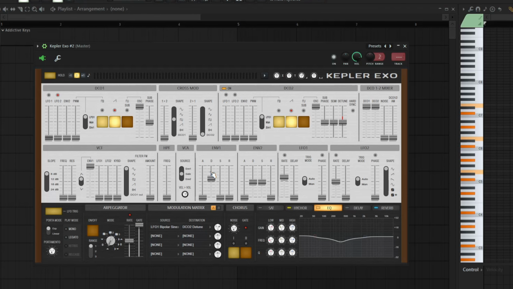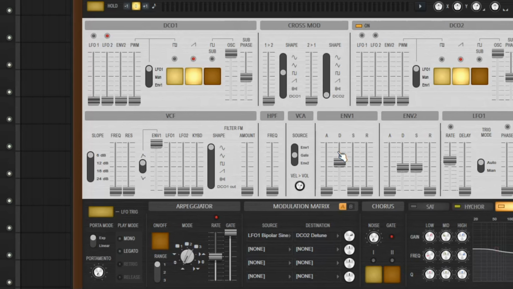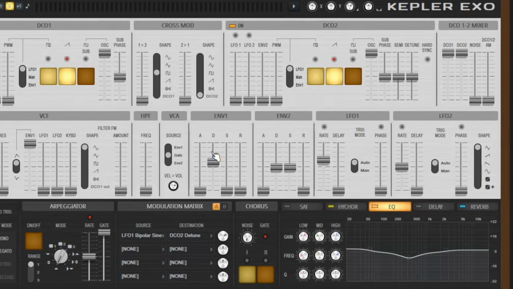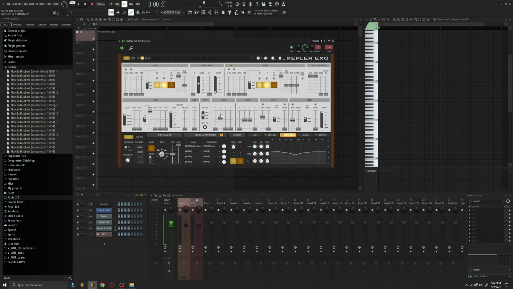I could make a whole video on Kepler Evo, and maybe I will, because it's kind of cool. I was sleeping on it at first, but then an hour into messing with it, I was like, whoa, this is actually a pretty versatile and feature-filled plugin, and I had a blast using it, I can't lie, and I want to make some other stuff with it. I made so many actually usable sounds with this, what I thought would be a terrible plugin, so it's kind of goated, and I might make a whole video on it and how to use it. I don't know what exactly I'll do yet, but